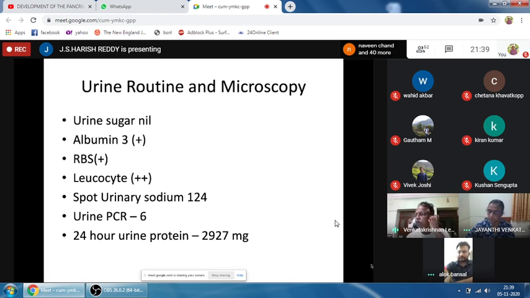Where do you think this hepatitis C would have been deposited? We do a renal biopsy. Some endothelial deposits will be there. So you can get all these lesions. So these four things are positive.